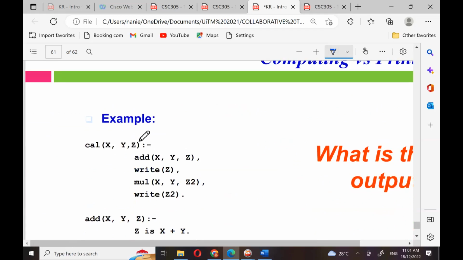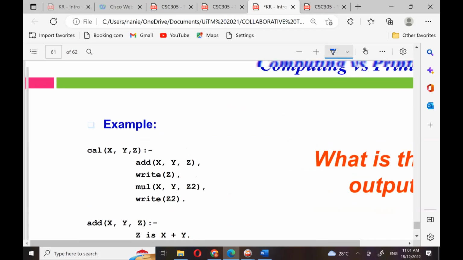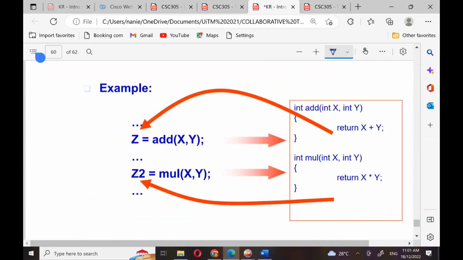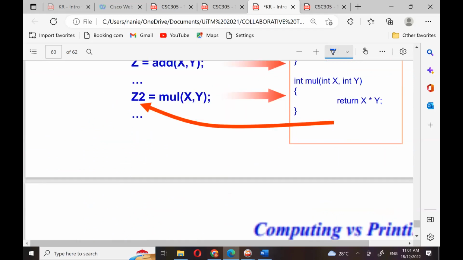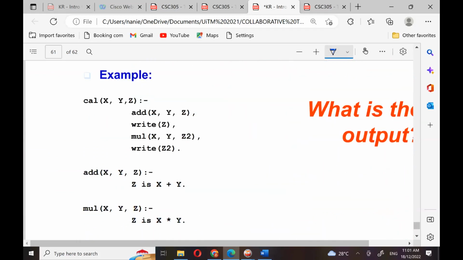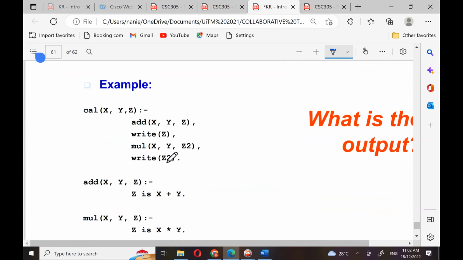Okay. And then X multiply, X mul Y, and then result dia Z2. Ni kita convert daripada ini dalam C++ kita convert kepada Prolog. Z2 is mul XY. So mul XY, Z2 is the result. So write Z2. Yang kita nak result kita adalah Z2. Okay. Then